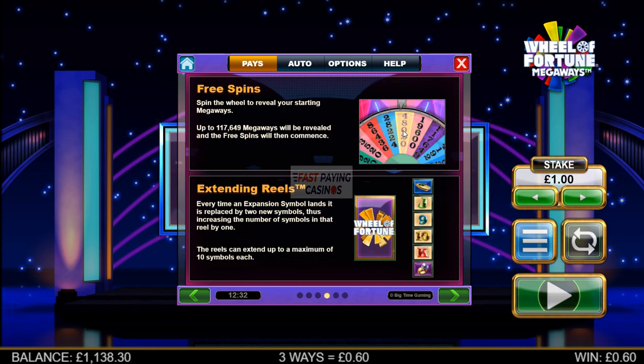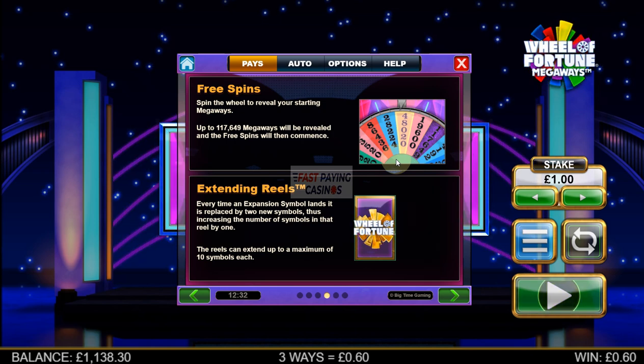Your free spins, when you trigger them you'll see a wheel spin, and that will give you the amount of ways that you get every spin in the bonus. So if you land on that purple, you'll be lucky, you'll get 117,649 ways in the bonus, the max ways. Well, temporarily the max ways, as I'll explain. The more ways you get, the better, because